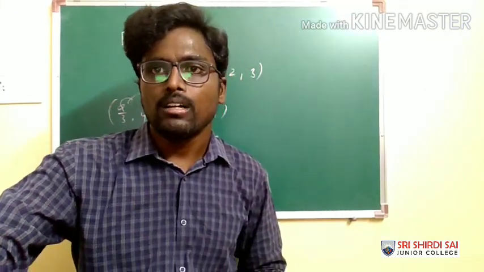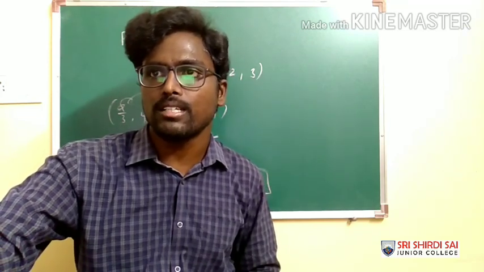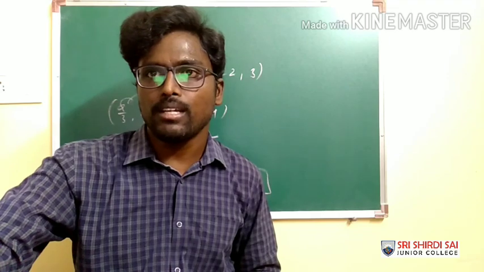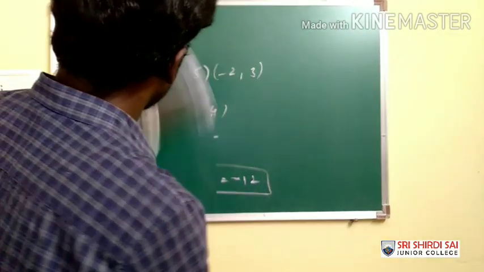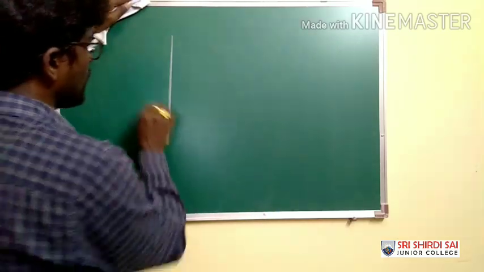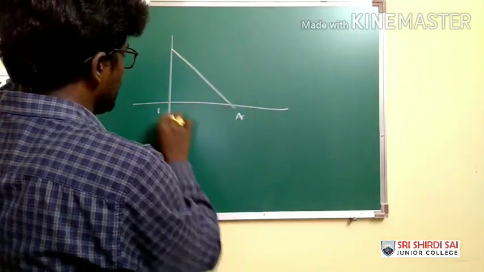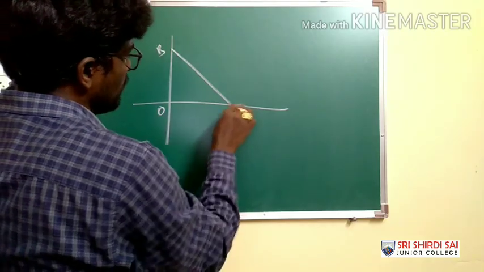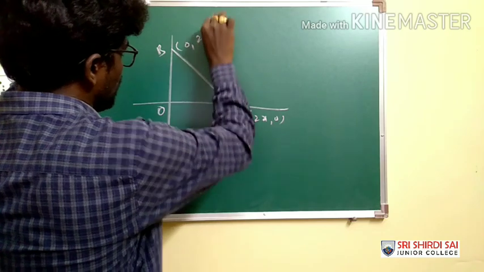Good. Now coming to the coordinates of the point which is equidistant from the vertices of the triangle AOB as shown in the figure. As shown in the figure, we are given the coordinates of the triangle AOB. Let's say this is A, this is O, this is B. A is 2x comma 0 and B is 0 comma 2y.